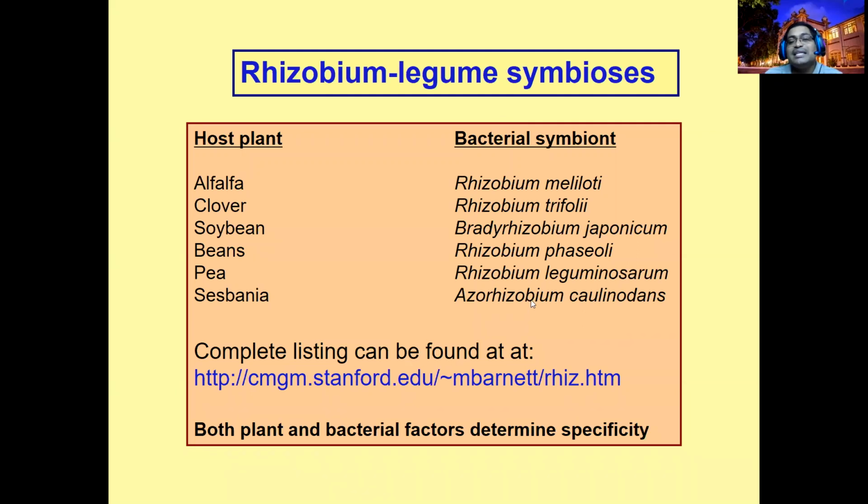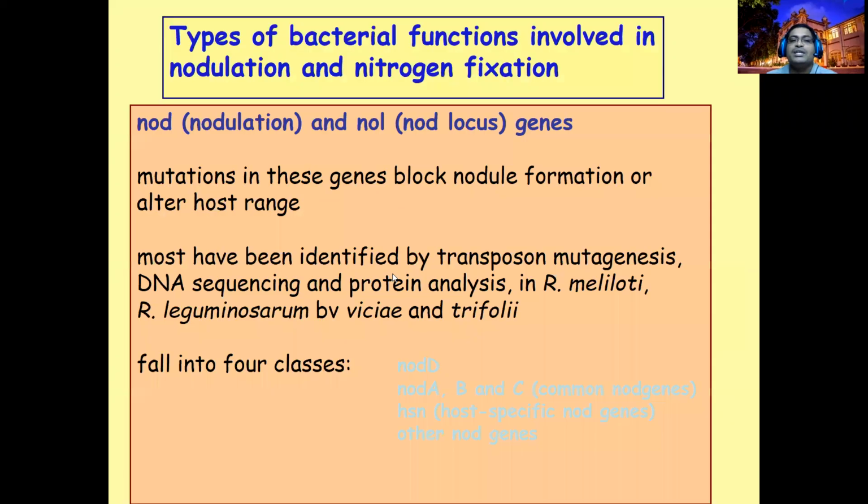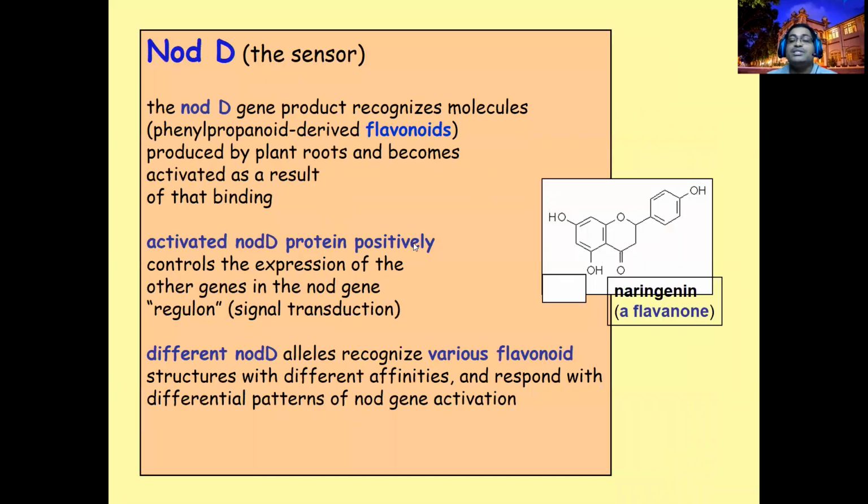So different species have been identified due to extensive studies, because these are important organisms. That's why scientists in every country study them extensively. Now with biotechnological tools, they have even studied the sequences extensively, because they want that gene to transfer into other non-symbiotic crops, so then they can easily fix nitrogen. This is the association and examples. Then this is an advanced gene concept, how the gene is induced and working.